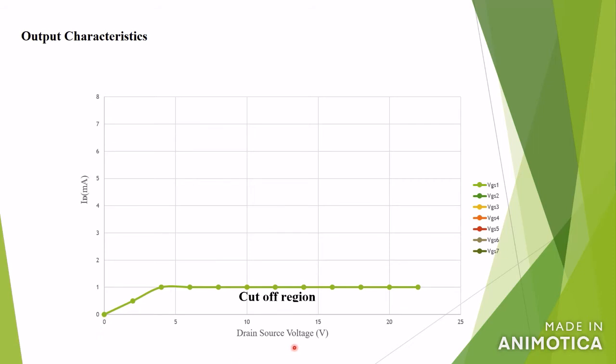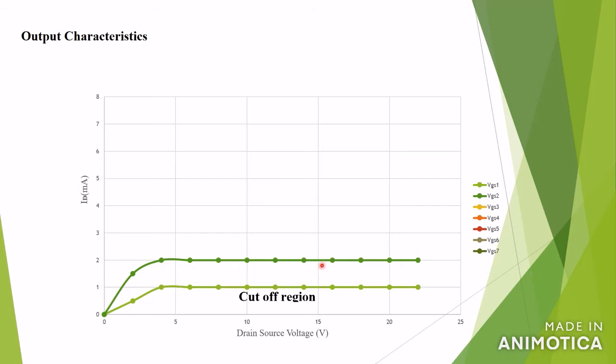By varying the drain source voltage, the drain current remains almost constant. The drain current mainly depends upon the gate source voltage. If we vary the gate source voltage, the magnitude of the drain current will also vary. If the gate source voltage is increased from VGS1 to VGS2, we will get another set of readings. As the gate source voltage is increased, the magnitude of the drain current also increases.